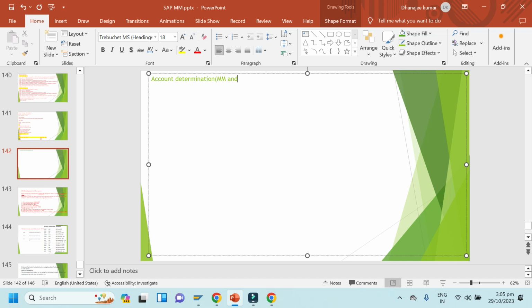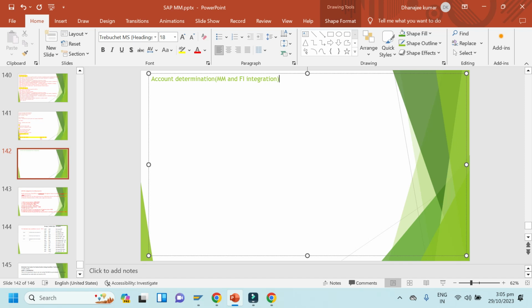Determination. So we can also call it MM and FI integration. Integration. It is, note it down.